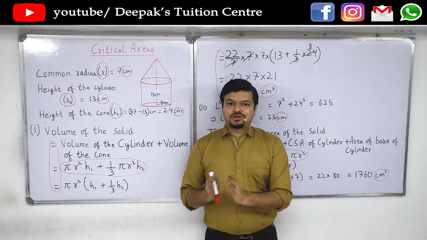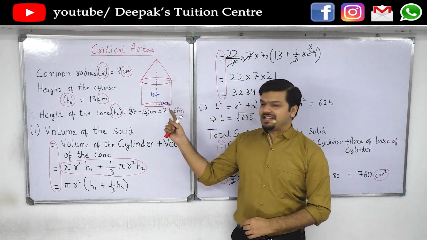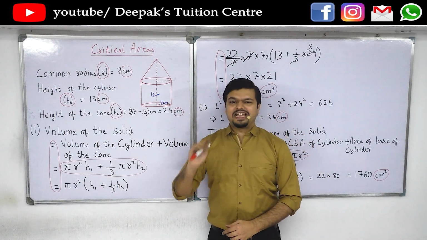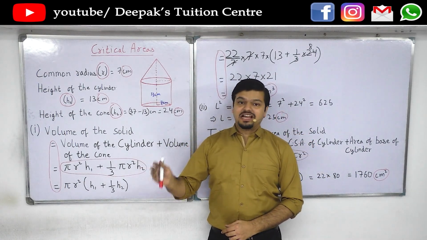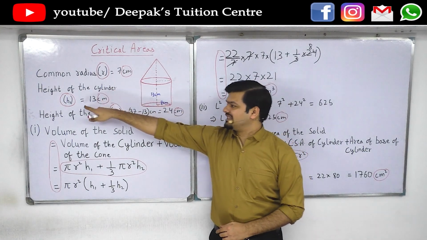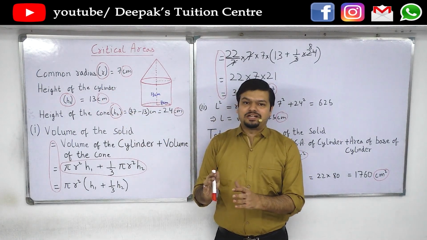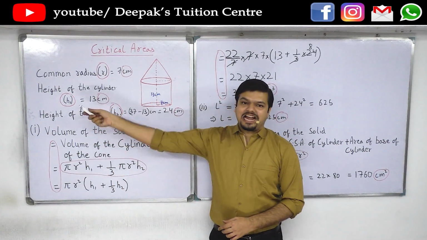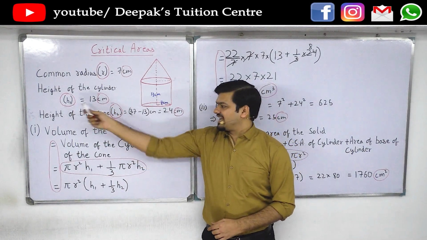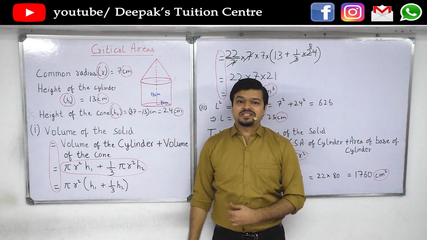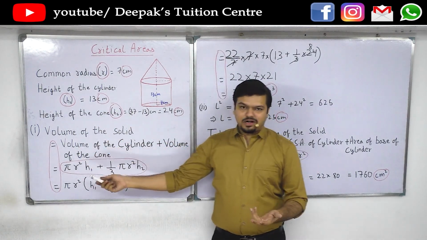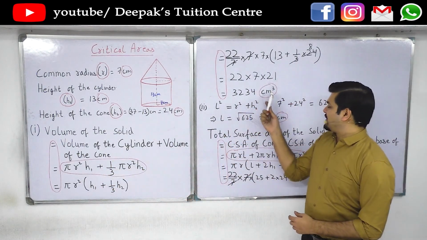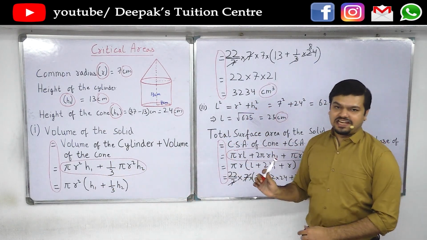But if you choose to draw the diagram, draw it using a pencil only and do not use a pen in it. Also, you should remember, even though there are standard symbols, you should always write the symbols so that it becomes very clear to the teacher what symbols you have used for what. For example, there are multiple heights in this question. So I have used H1 and H2 to differentiate between those heights. Also, as always, you should write the formulas wherever necessary so that you never forget and never make a mistake.